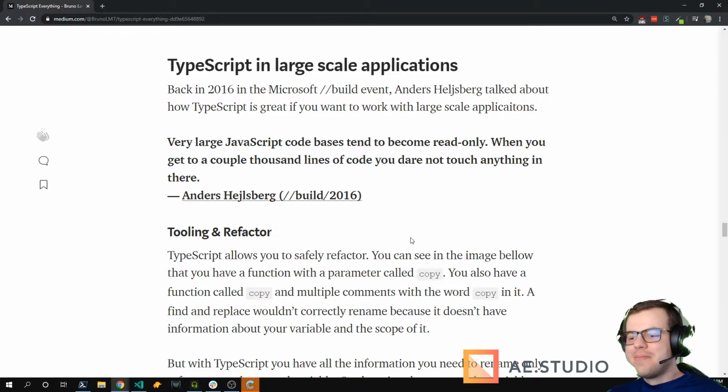Exactly. Anders talks all the time about how TypeScript provides a lot of tooling, so you can easily refactor references across files. You can get auto statement completion. You can do a lot of things with TypeScript. And it just helps you develop, and you don't have to worry about making typos and only finding errors during runtime. So you don't worry about that anymore.